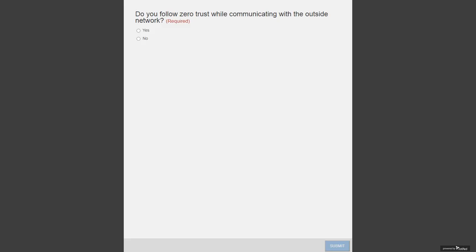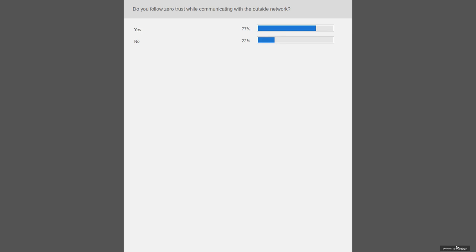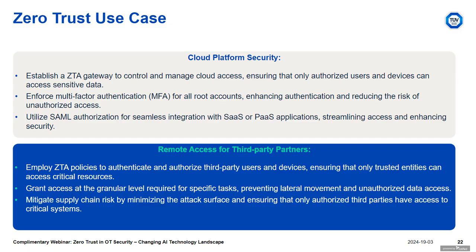I see a fast response. Most of you already responded that yes, they follow the REST principle. So it's, I would say, being well accepted and adopted. So it's good to understand the industry is moving towards adoption of zero trust principle.